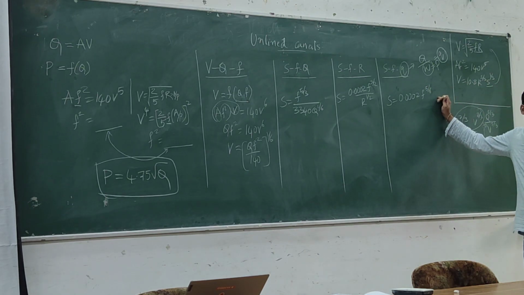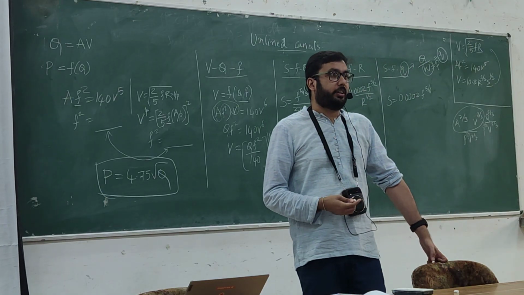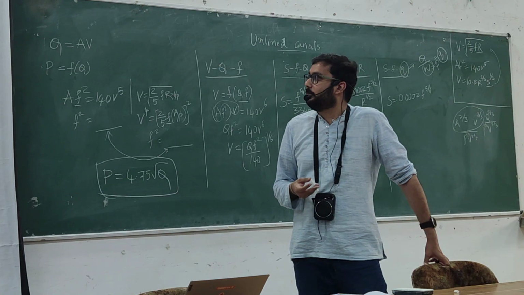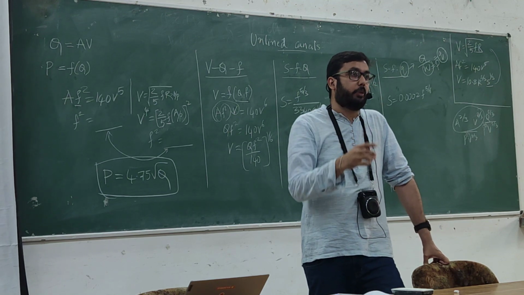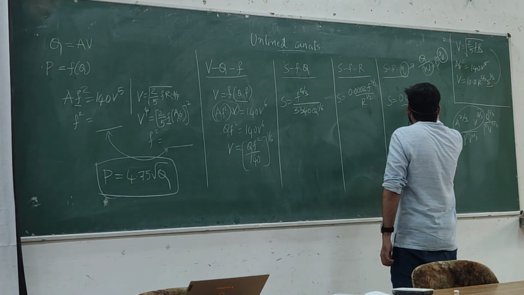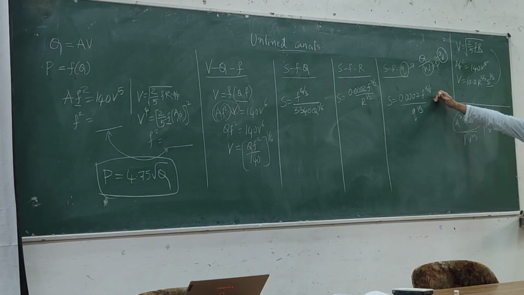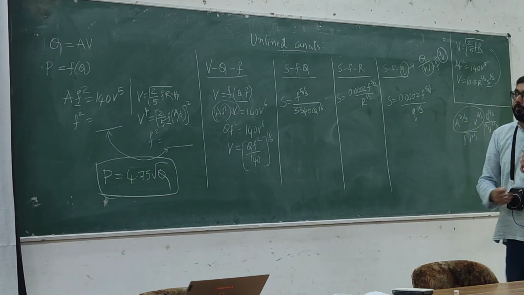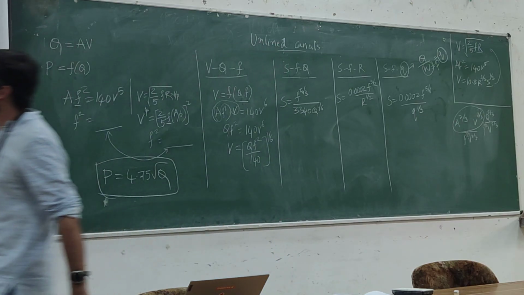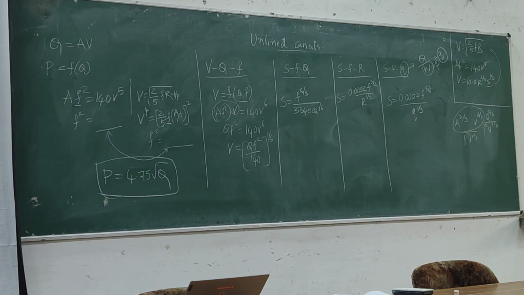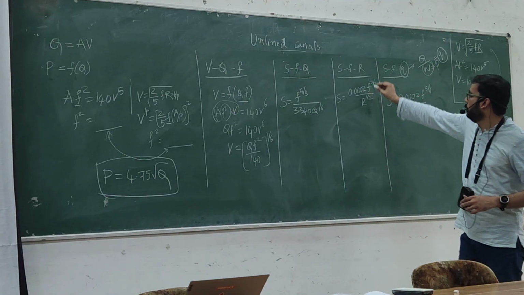We got it until this 0.0002 F power 5 by 6. Now the question is, where does Q belong? So what is the power for Q, small q? 1 by 3? Who's saying it? 1 by 3? So this is 0.0002 F power 5 by 6 divided by q power 1 by 3. 0.45. No, maybe you can simplify this. So it should be 0.000178. So you can round it off to 0.0002 or